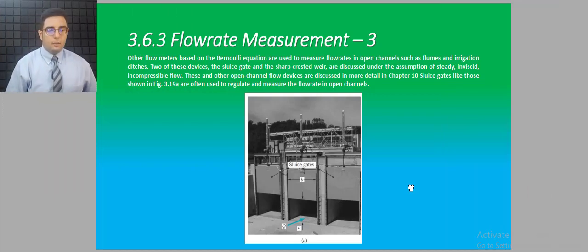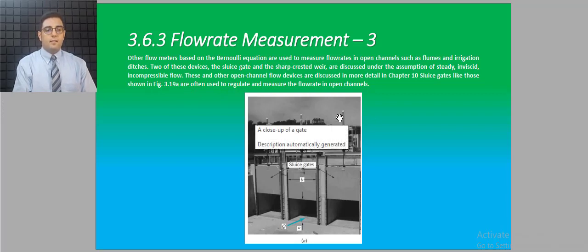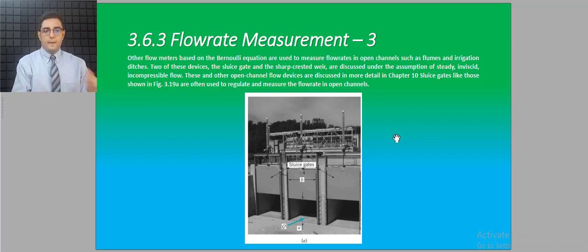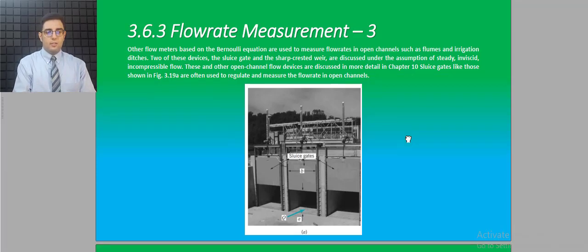Welcome guys to this section, which is about another application of the Bernoulli equation in open channels, such as flumes, irrigation, or ditches. We can have a slice gate, or a sharp-crested weir, as we have considered the assumptions of steady, inviscid, incompressible flows. The slice gate is going to be separately studied in chapter 10, but here we're just considering it as an application